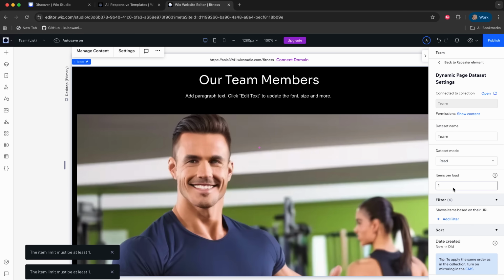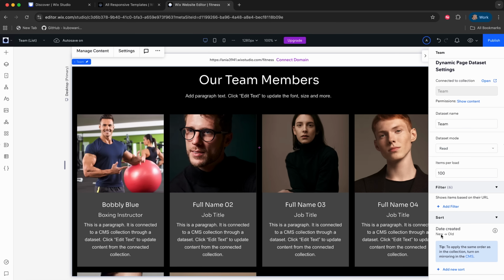For now though, I'm not going to limit it to 3, so let's just have 100. I'm not going to have a filter. And you can also do it from date creation. There really is a lot. Okay,